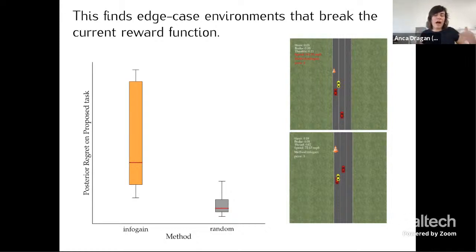And indeed, we find that these environments that the robot proposes end up being bad, environments where something bad happens. And this is a way for the person to now look at that, recognize that, and then fix the reward function. So it's like assisted debugging, essentially, of your reward function.